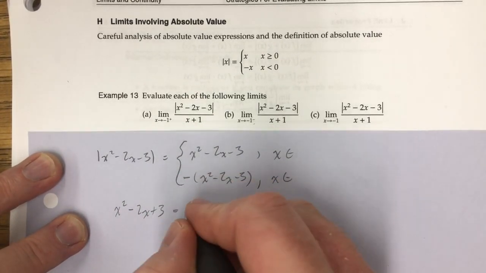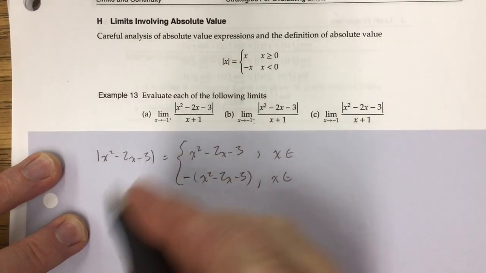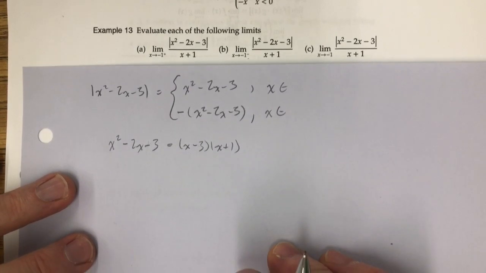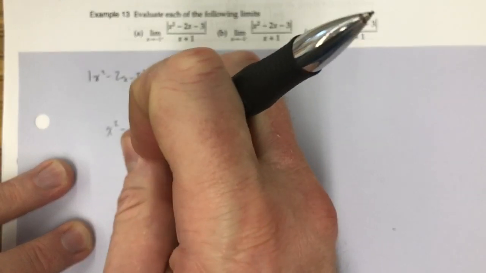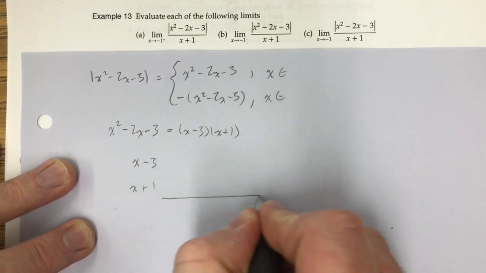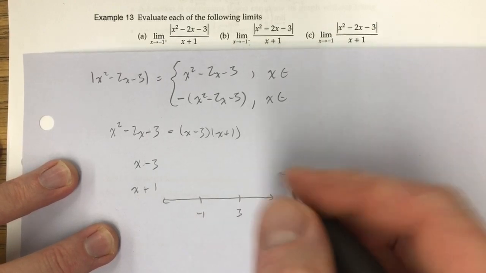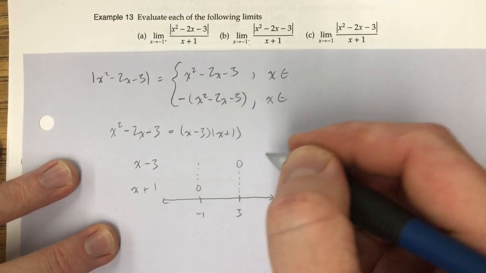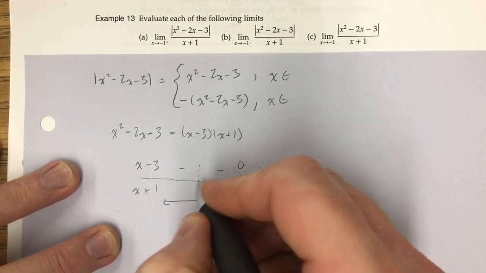Factoring that, we see that it's x subtract 3 times x plus 1, which means that when we put our factors along the side, we have x subtract 3, x plus 1. We draw our number line along the bottom. -1 and +3 go onto our number line because -1 makes x plus 1 0, and +3 makes x minus 3 0. Do our sign analysis